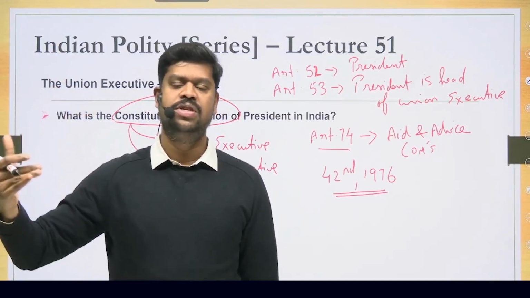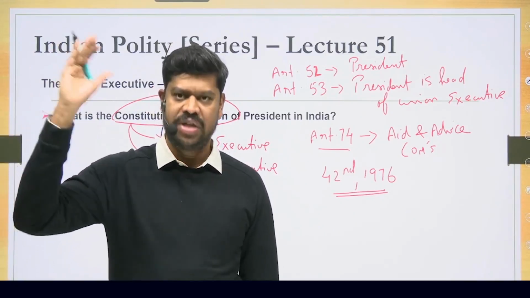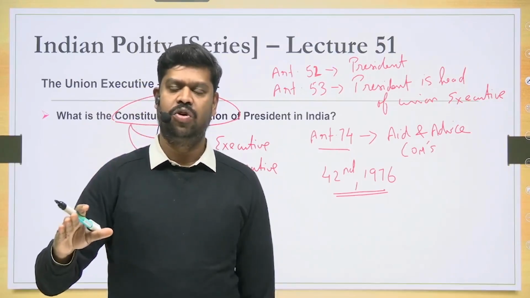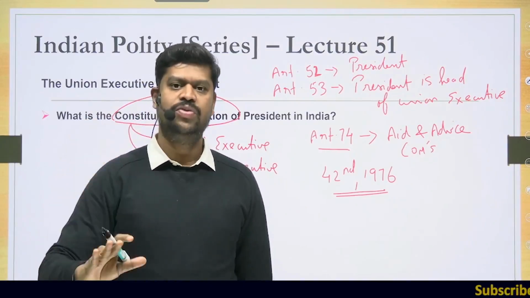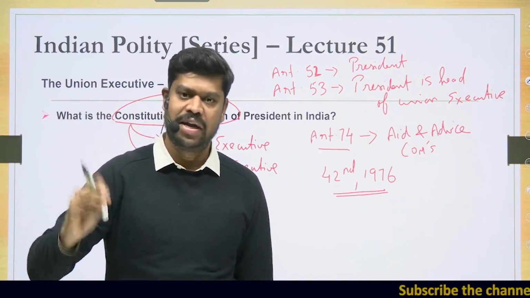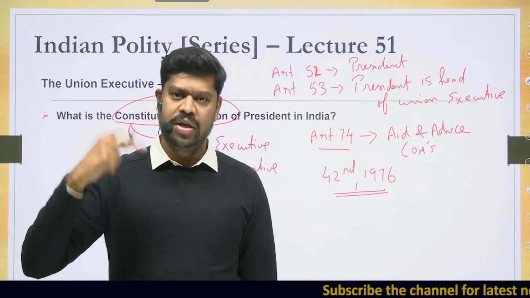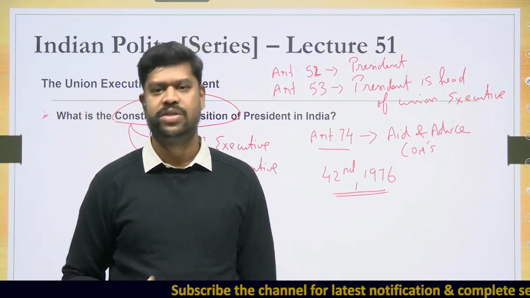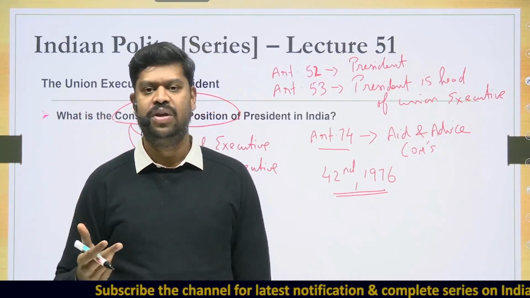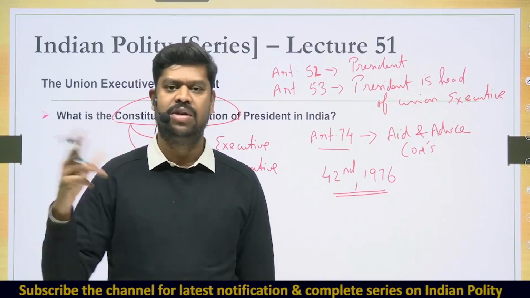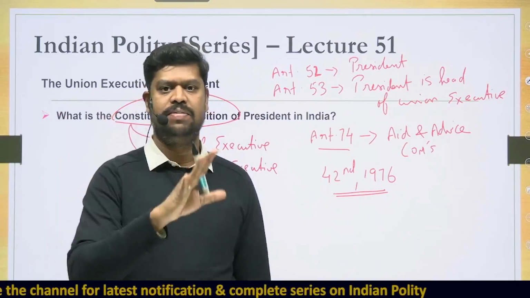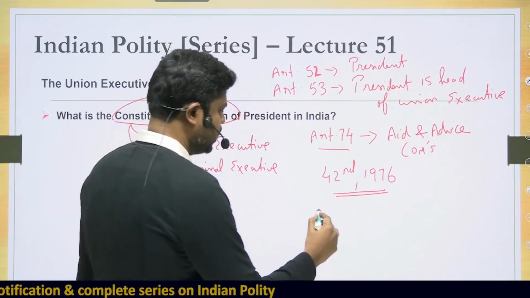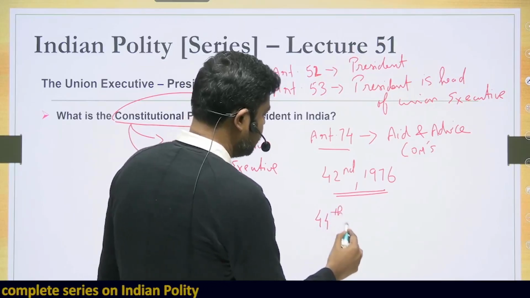And today, as per this amendment, the President shall act in accordance with the aid and advice of the Council of Ministers, which means in constitutional terms that the aid and advice given by the Council of Ministers is binding upon the President. So it is only reiterating what has been held by the Supreme Court, that the President is more or less a nominal executive. He is not a real executive, whereas the real executive is the Prime Minister and the Council of Ministers, on whose advice the President has to act. However, our understanding will not be clear without understanding the 44th Constitutional Amendment Act, 1978.